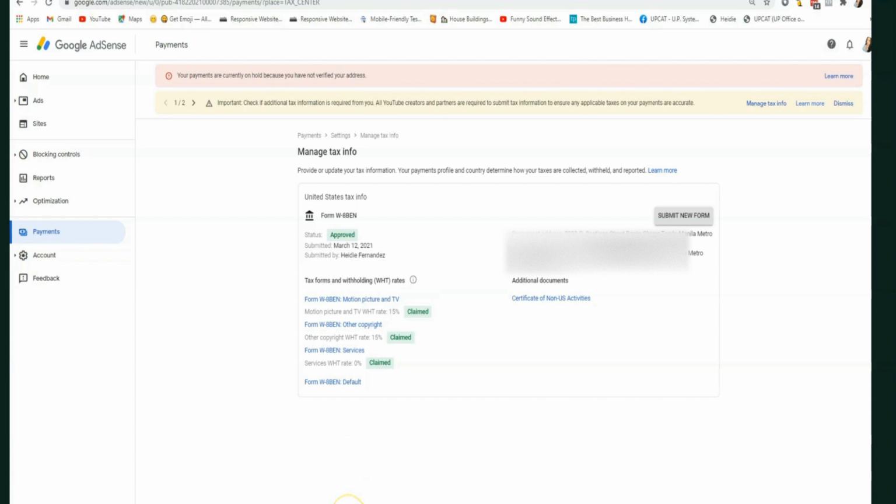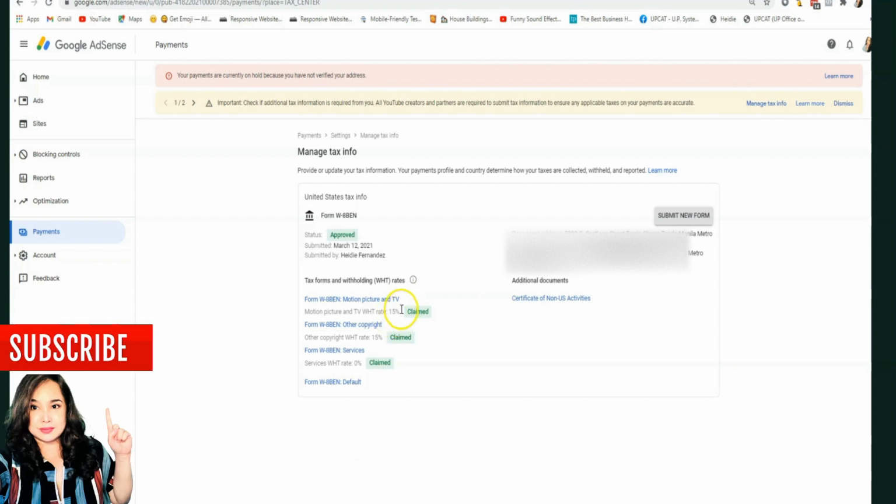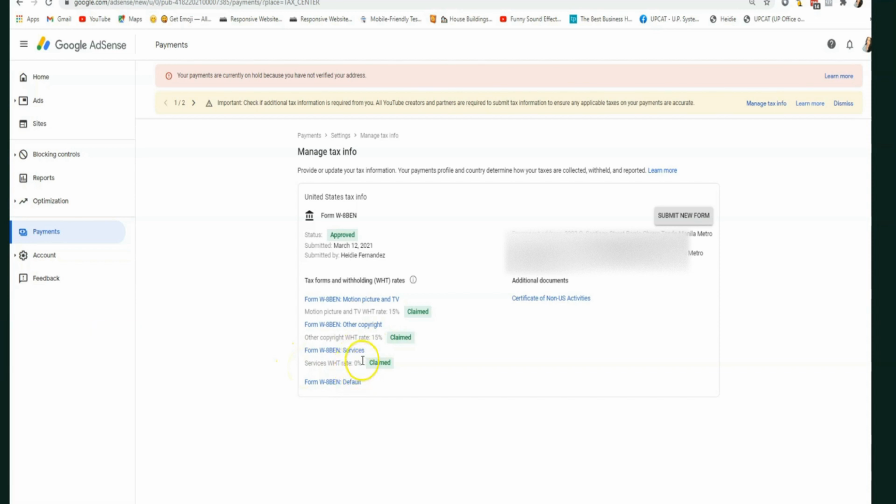Okay. We've reduced the tax rate from 24% to 15%. Same thing here, and our services withholding tax is 0%. Now to submit, for example,